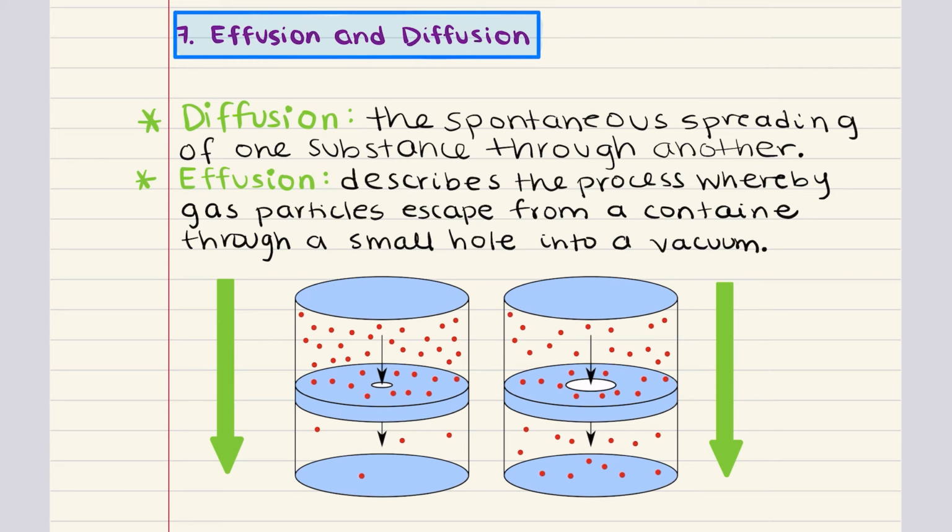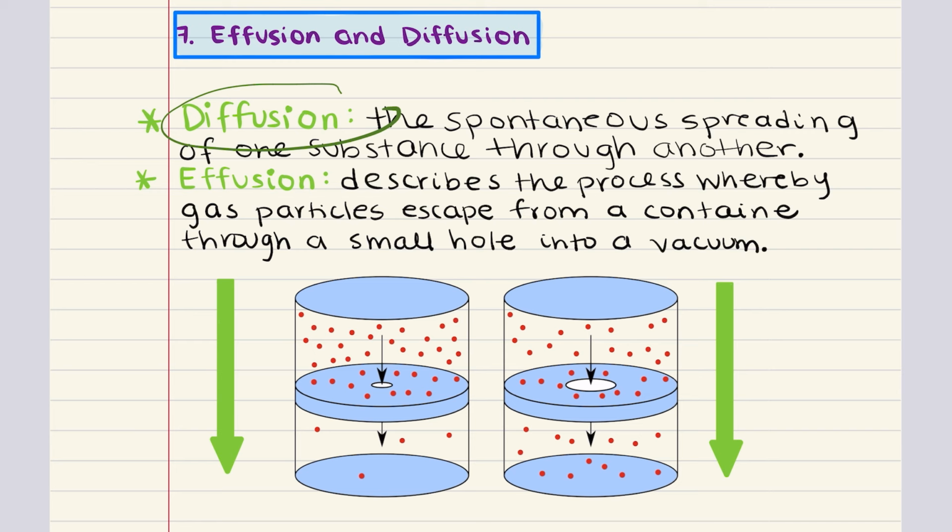In the study of gases, two phenomena that illustrate the behavior of gas molecules are diffusion and effusion, both of which are closely related to the principles of kinetic molecular theory. Now, diffusion is the process by which molecules spread from an area of high concentration to an area of lower concentration. It is the spontaneous mixing of substances due to the random motion of their particles. In the context of gases, this means that gas molecules spread out until they are evenly distributed throughout the available